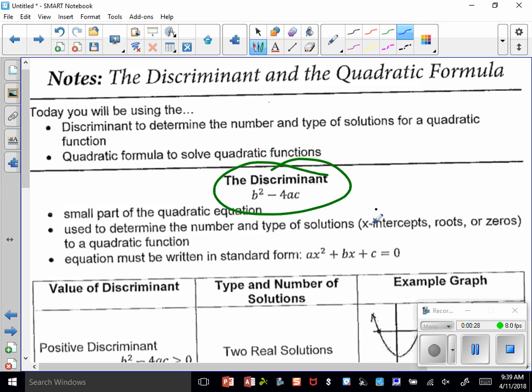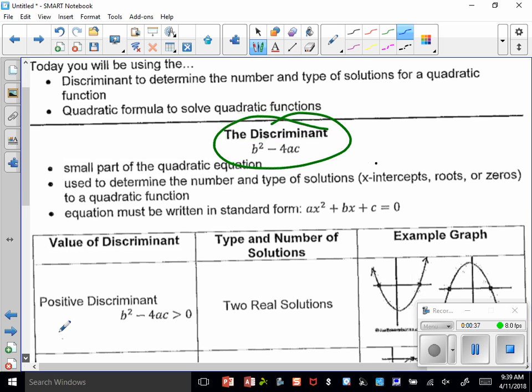So remember those words again: x-intercepts, roots, zeros. They all mean solutions, solve, all of that's the same. So basically what you're going to do, and you might want to circle this because this is what you're going to use to determine what that number is. When we have our quadratic equations in standard form, the x squared term is a, the x term is b, and so that's where all of this a, b, and c stuff is referring to the coefficients,